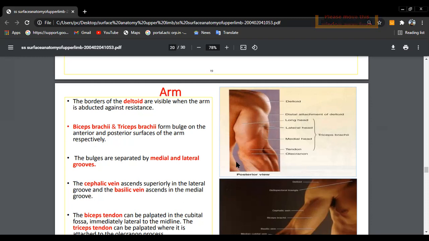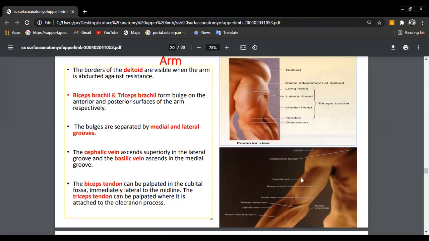We also know like from our previous classes, from the lateral aspect, we have cephalic vein, and from the medial aspect, we have basilic vein. Cephalic vein journey continues in the deltopectoral groove. Both of them will be draining into axillary vein. Okay, so this is the biceps brachii. Biceps tendon would be going in the cubital fossa, if you remember, isn't it? So biceps insertion is on the radial tuberosity. Triceps is behind. You have to go towards the olecranon process where it is getting inserted.